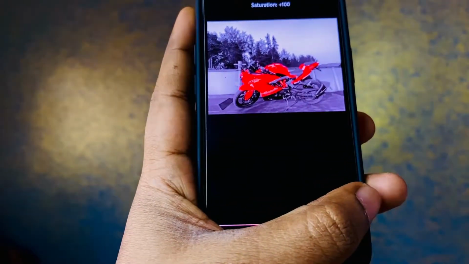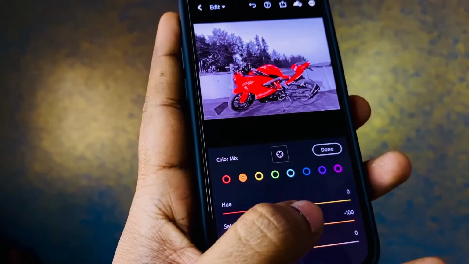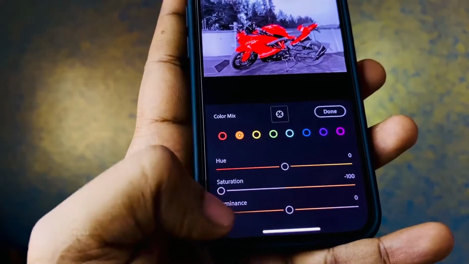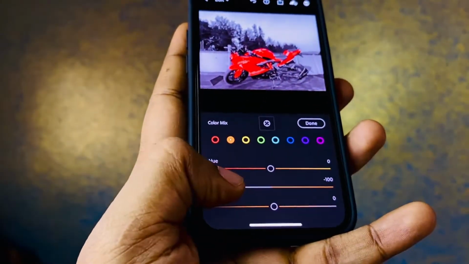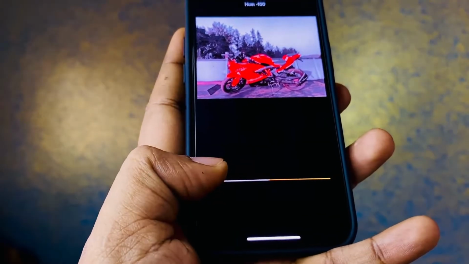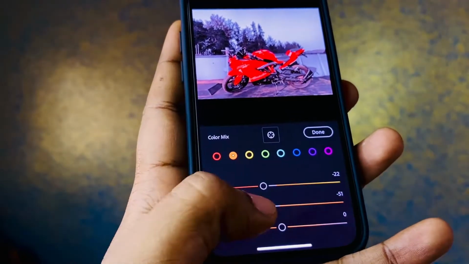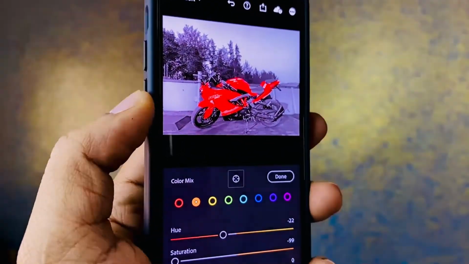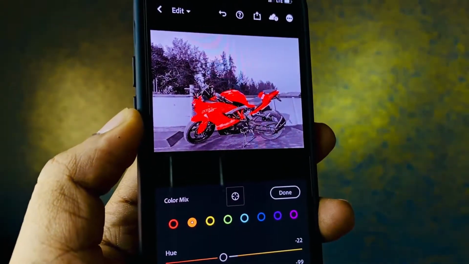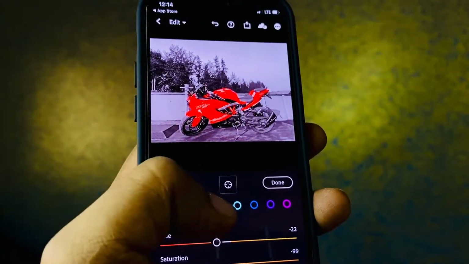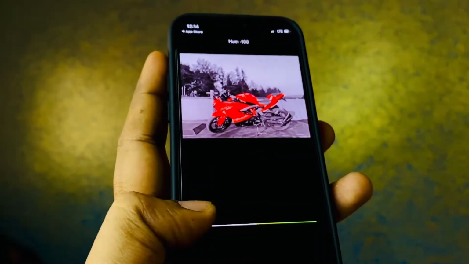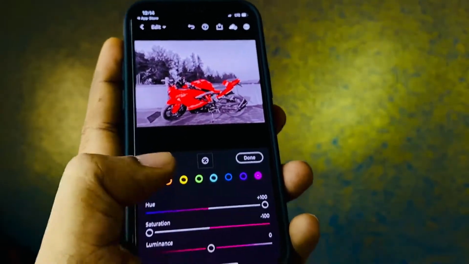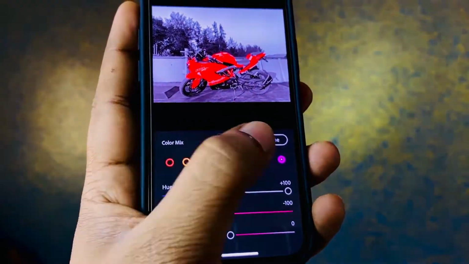Now what I've done is I've changed the saturation to maximum, and also the hue of the orange color, I'll be playing around with it. So as you all can see over here, if you change the saturation, this particular image is having a slight orange part. And that is the reason guys, as I was saying earlier, if you even change the hue, it would work and make the hue red. So that is one of the things that is beneficial over here. And you all can even change the hue and play around with it, to see what is the best look you can get with it.